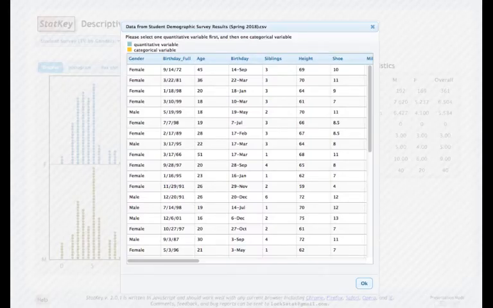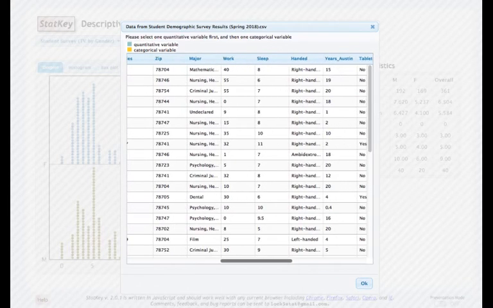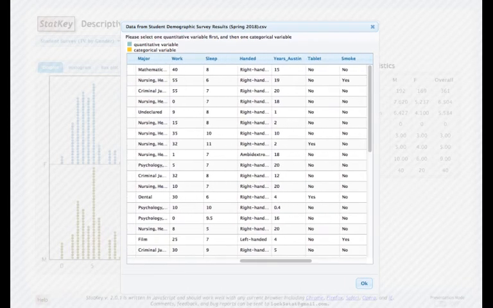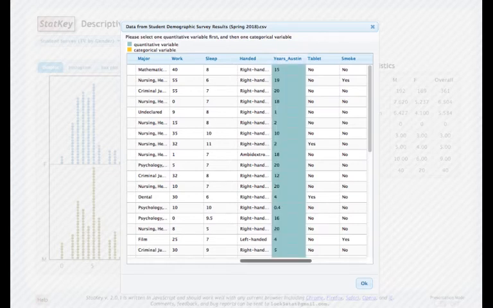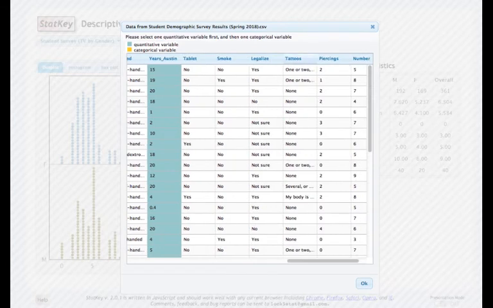This screen comes up. I have to choose my quantitative variable first and my categorical variable second. That's how Statkey knows whether to treat the variable as quantitative or categorical. As we've seen, some categorical variables are still stored as numbers, so Statkey can't necessarily tell from the values whether something is quantitative or categorical. I'll choose years in Austin first because that's my quantitative variable, and tattoos second because that's my categorical variable, and